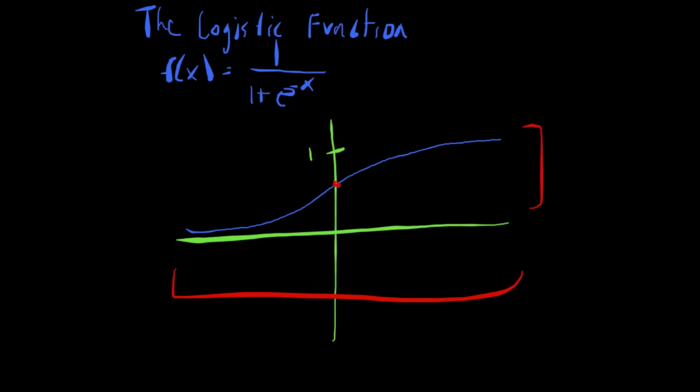On the lines y equals 0 and y is equal to 1. It is bounded above and below, and its end behavior is as x approaches positive infinity, the limit of f of x is equal to 1, and as x approaches negative infinity, the limit of f of x is equal to 0. So these are the 12 basic functions, and hopefully after watching this you can now identify each function